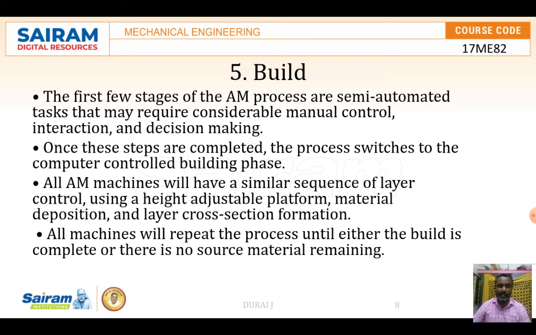The machine keeps on building the component, or otherwise until the raw material is completely empty.